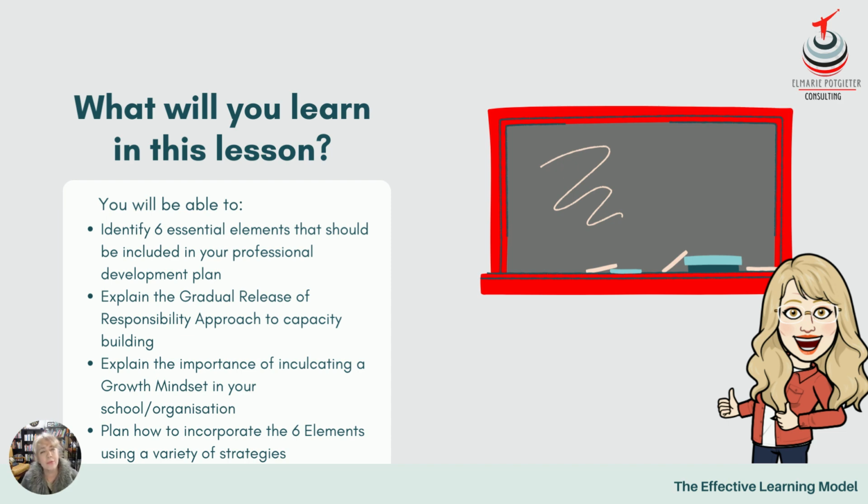And there are also a few very well-known and well-accepted models that one should consider in this process. The one that we will be talking about is the gradual release of responsibility. We will also talk about growth mindset in your organization, and I will explain to you an adapted model that I have used, drawing on all my experience over the years of transforming learning into effective practice, that contains 6 elements or 6 building blocks or 6 steps, doesn't matter what you want to call it, that will help you put this in practice.